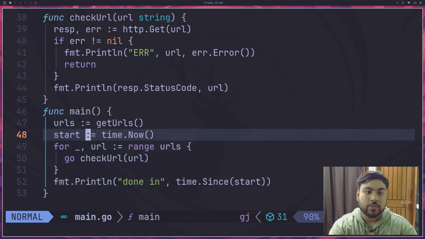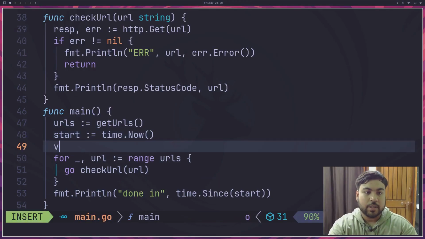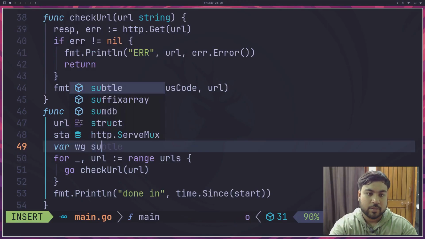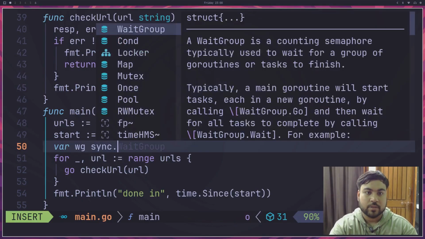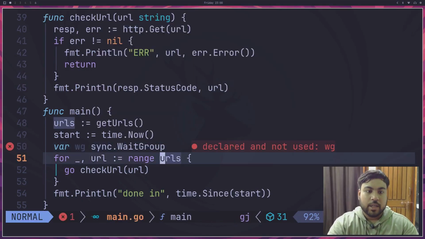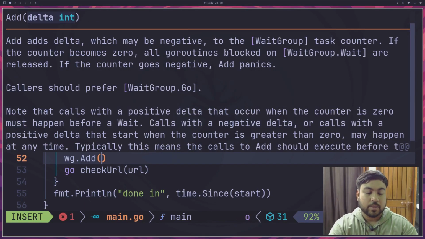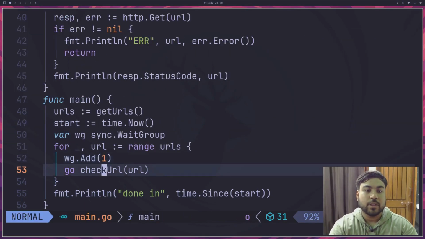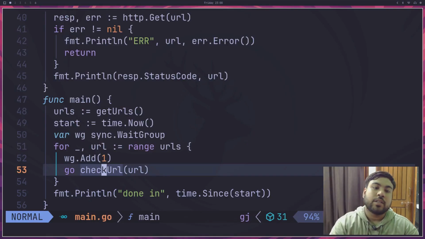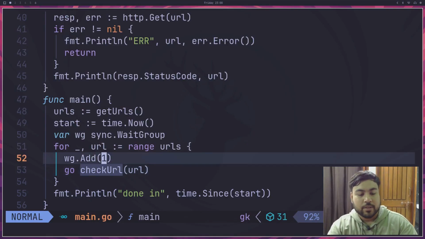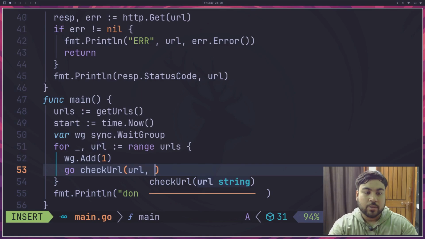For that, we use wait groups. So I'll create a var of a wait group, and before creating a background routine, we'll add a routine in the wait group,